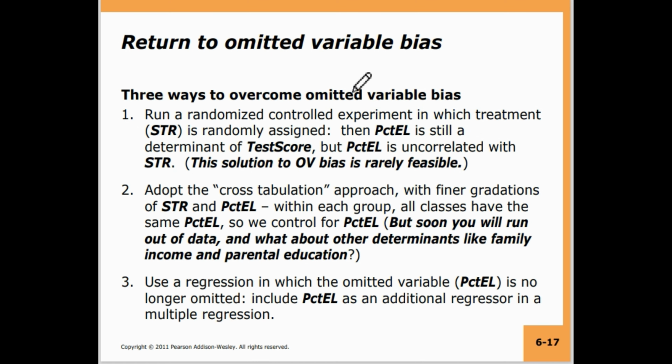So there are three ways to overcome omitted variable bias. One is to run a randomized controlled experiment in which treatment is randomly assigned. You just take a particular child and randomly assign them to a group, but that is not really possible in real life, where you cannot assign human subjects to different treatment and control groups. Now you can assign in certain cases